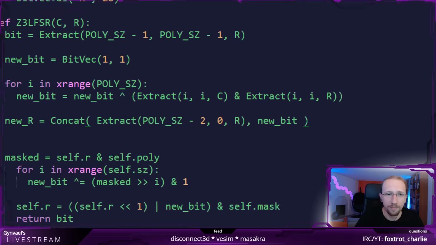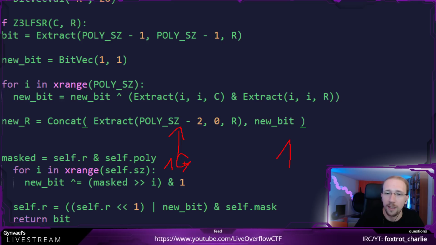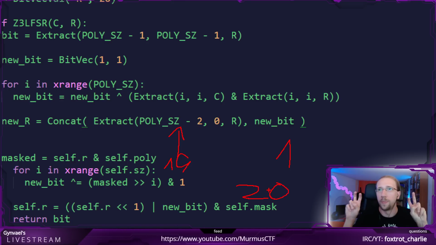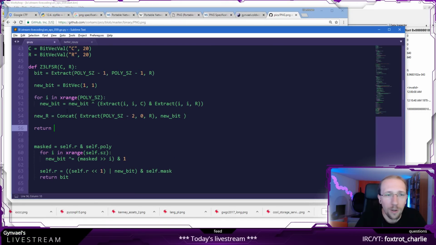So it's just like a bit concatenation, as in I'm going to get 19 bits from this extraction, 1 bit here, and the 1 bit is going to be concatenated at the end of this, so I will get a 20-bit bit vector or register at the end. And now I need to return all the new things.